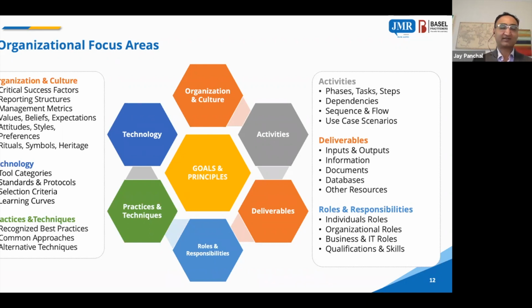What are the critical success factors, right? Is it just the bottom line after every quarterly report? Maybe not, right? What are the reporting structures? How tall a hierarchy you need to build in order to have the right accountability at different levels, right? Management matrix. How do we add visibility? How do we constantly monitor, define those KPIs, and find out how do we continue to move forward in that efficient manner? Again, very,